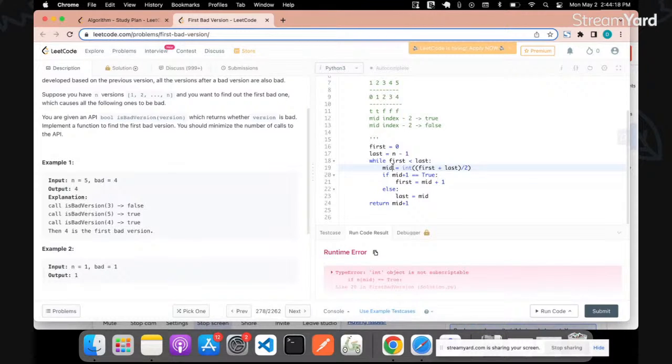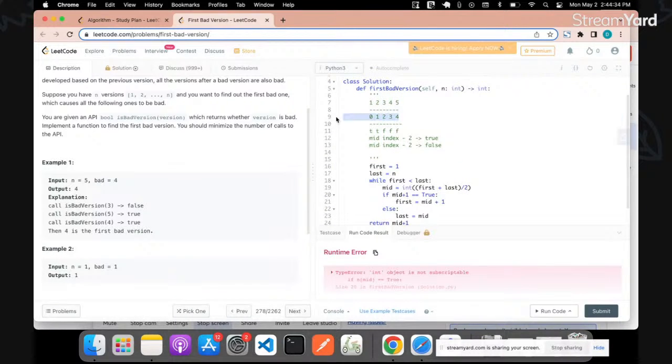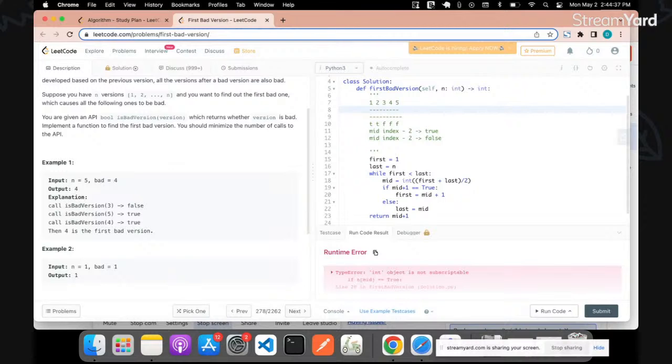Last is n minus 1, mid is first plus last. I guess you just make it as 1 to n, and so we don't need indexing in that case, right? We can just have the first as 1, last is n,